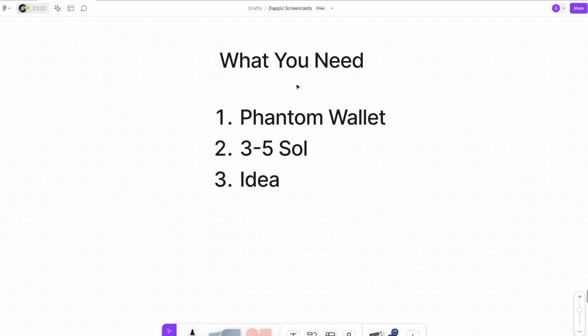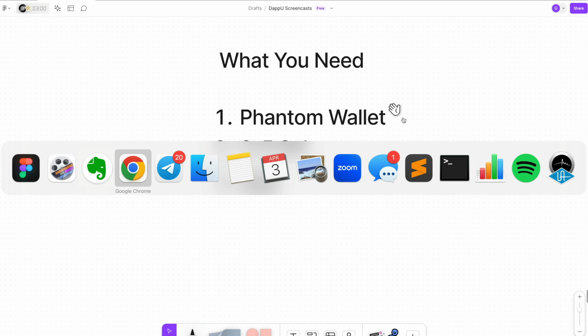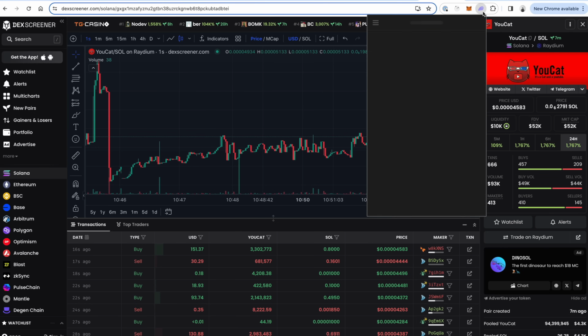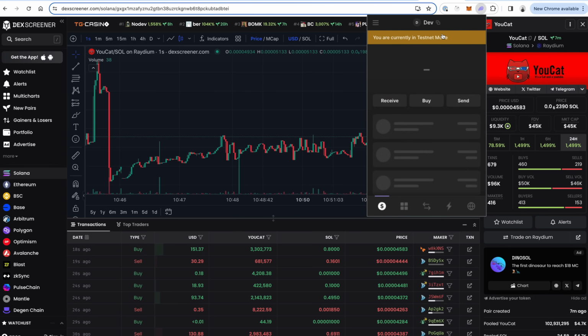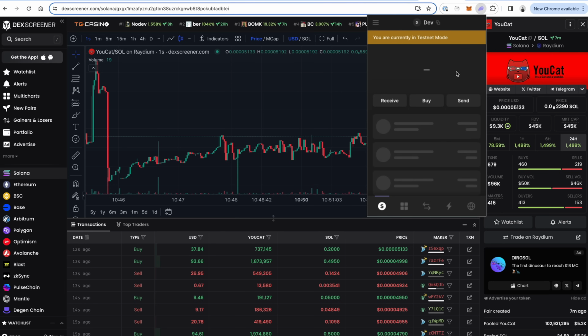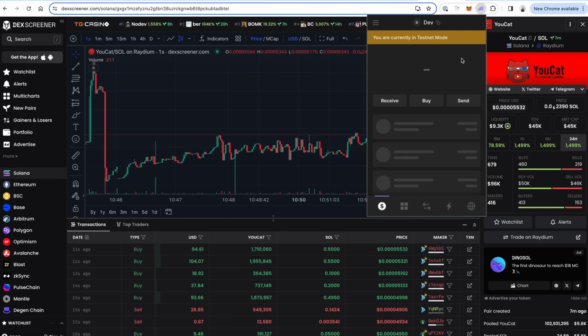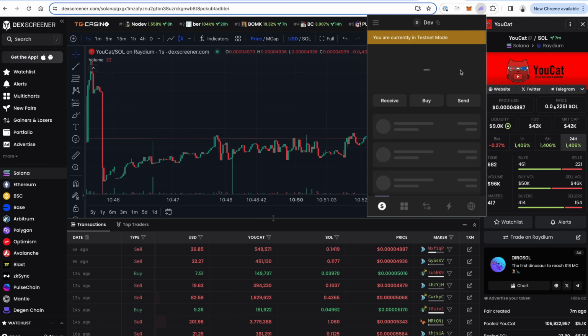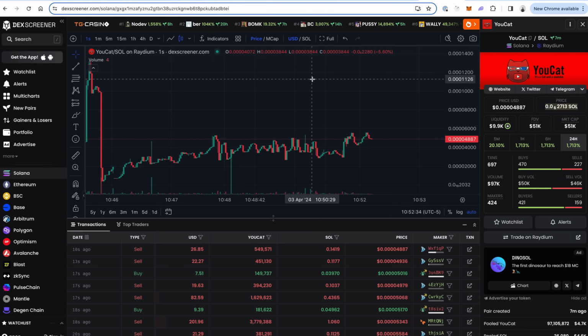Okay, so first of all, let's talk about what you need in order to get started. First and foremost, you need a Phantom wallet in order to create one of these coins and set it up, especially if you're doing it without any coding tools. So again, here's the Phantom wallet that I'm talking about. You can go install this in the Google Chrome Web Store. Just make sure you set your Phantom wallet up, back up your seed phrase in a place where nobody can steal it. Make sure you export your private key, all that type of stuff. Best security practices for your wallets, and then you're ready to rock and roll.